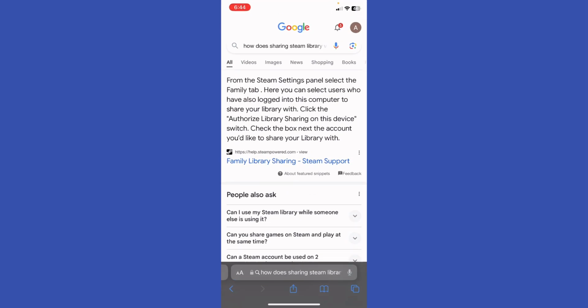Now what I'm going to do is go to my browser, and here it says from the Steam settings panel, select the Family tab, and then you can select users who have also logged into this computer to share your library with. So basically,